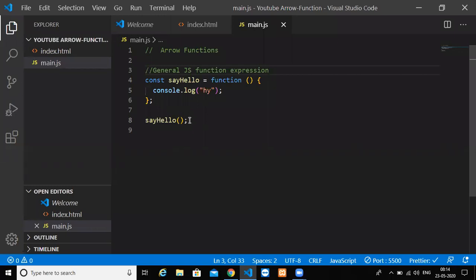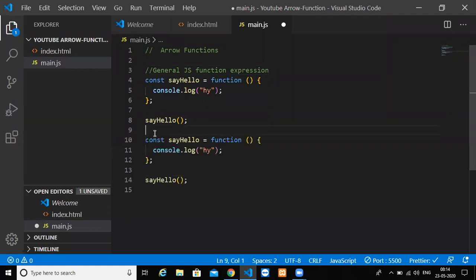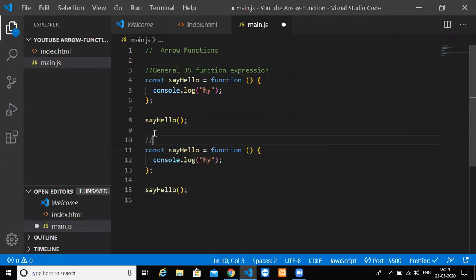Now the same thing: how can I do that in an arrow function? Is the question. So come down, we'll paste here and say arrow functions. In arrow functions, we don't require the function keyword.